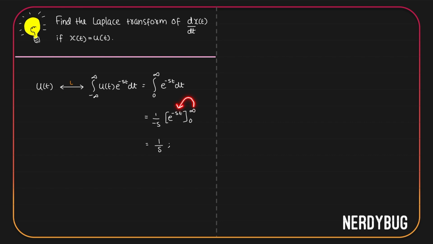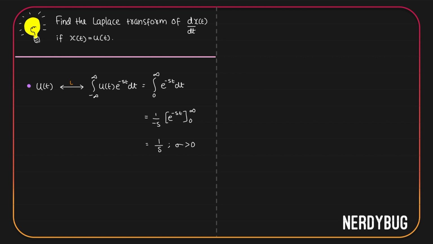Now, when you give the upper limit t equal to infinity, you get e raised to minus infinity only if s is positive. If s is negative, then s is also negative, multiplied by infinity. So negative and negative get cancelled and you will get e raised to plus infinity. So this Laplace transform converges only if s is greater than 0. But then ROC doesn't depend on the imaginary part, so we can write sigma greater than 0. ROC is sigma greater than 0.